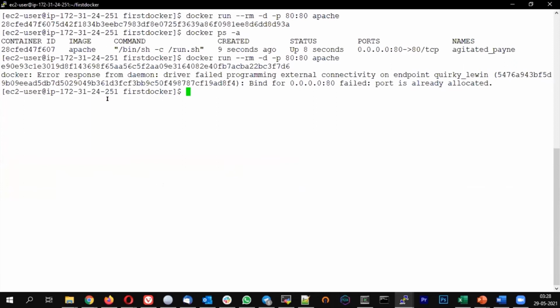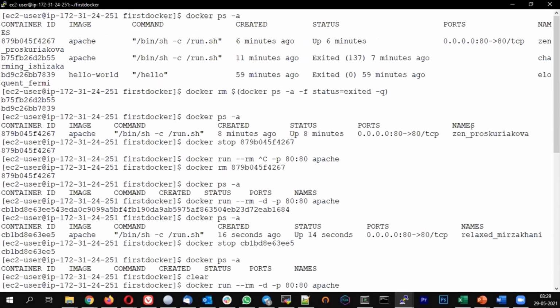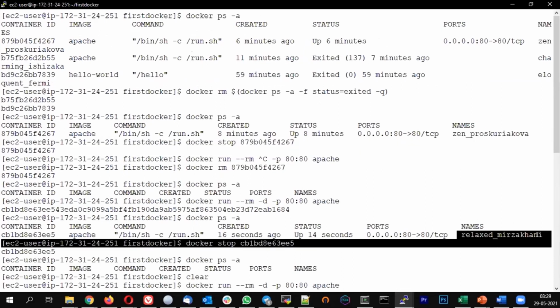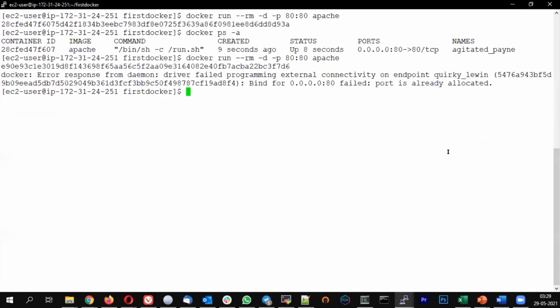The next option I'm going to talk about is naming the container. So till now I'm just creating the container without giving any name, right? So it is just naming it with some random name. So agitated, fine. See, you see that? So it is creating some random name. If I want to name the container, the option is